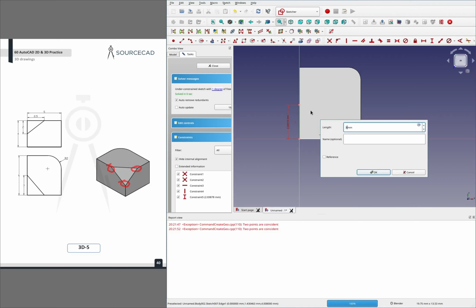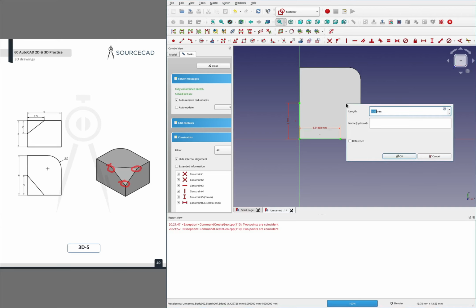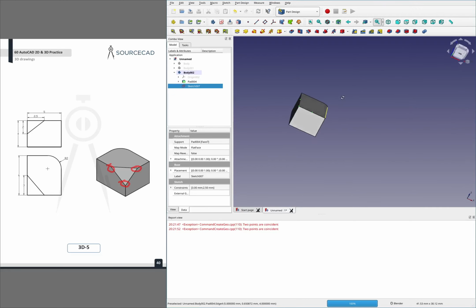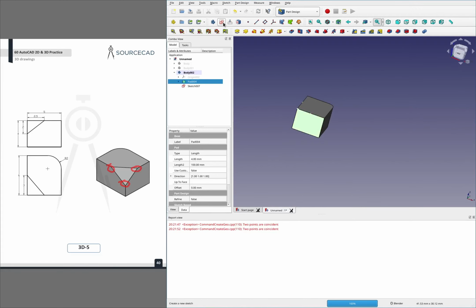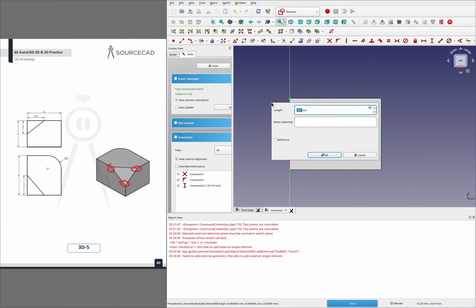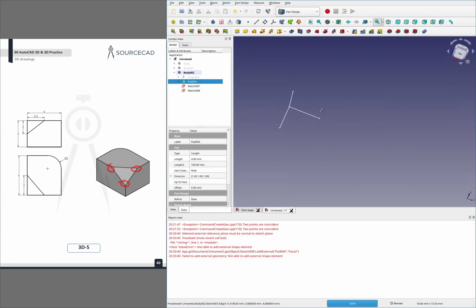So we're looking at this from the top. That is a 3. This one here is 2.5. And then I need one more face with one more line. I'm going to get a reference off of this line. And vertical 2. Okay. So now if we hide the pad here with space,